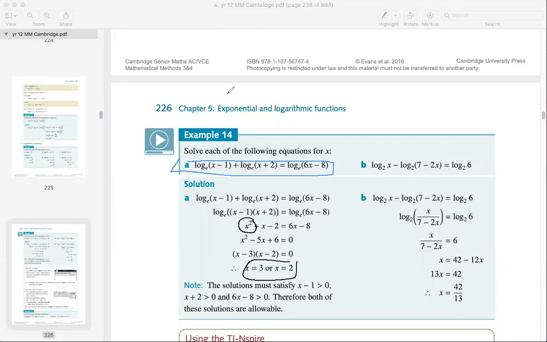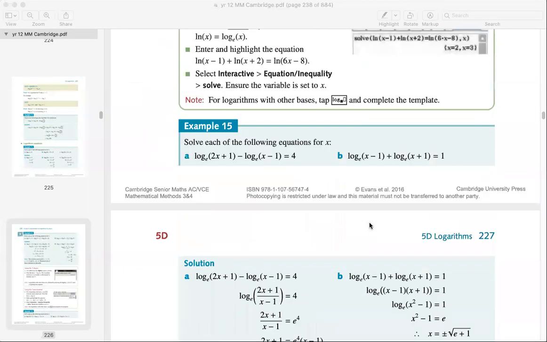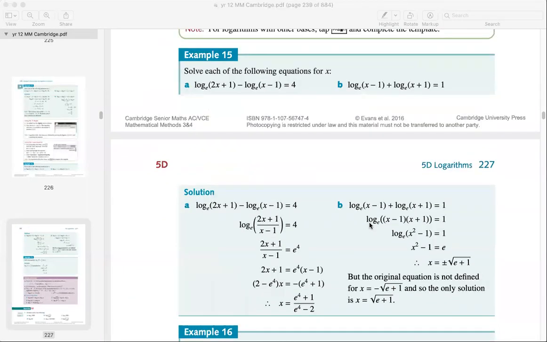For part B, even though you only get one solution, x equals 42 over 13, you still need to double check that it satisfies the condition, which means the domain must be greater than 0. Always check. And for this one,